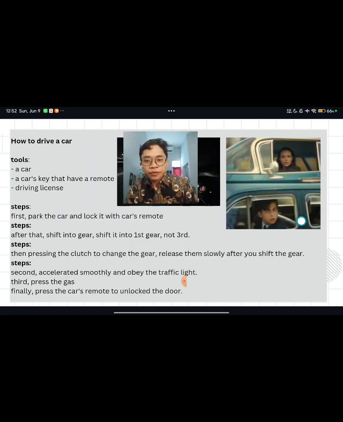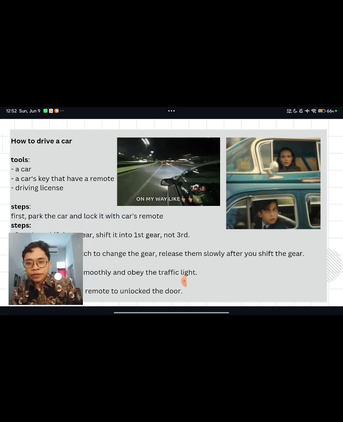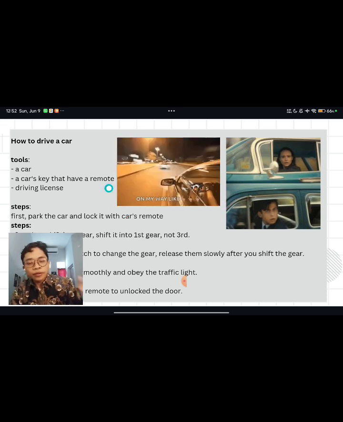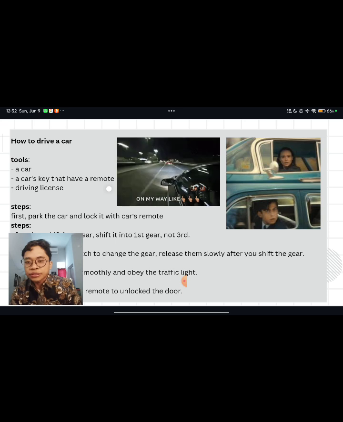Okay. We can move to another example of the text procedure. Can you guys see this clearly? Okay, I think you guys already see this clearly. Do you think this is the right text procedure?